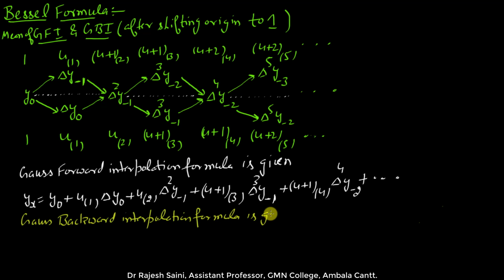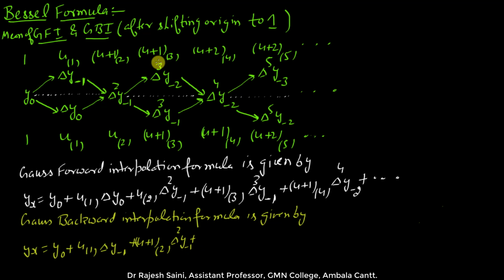Is given by, is given here, also given by. So please write yx is equal to y naught into 1, this will be y naught plus u subscript 1 delta y minus 1 plus u plus 1 subscript 2 delta square y minus 1